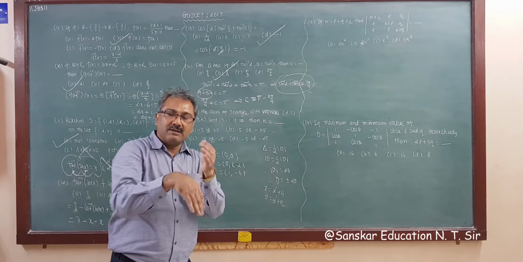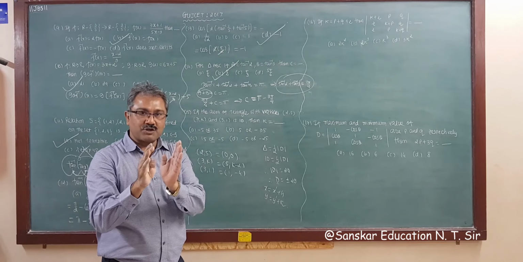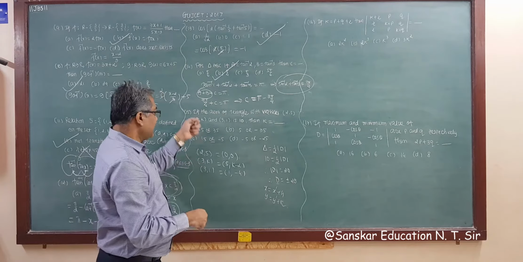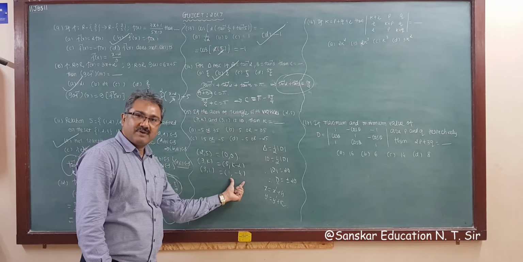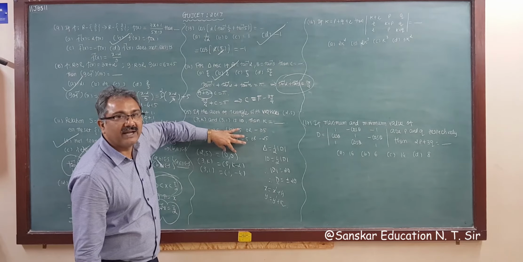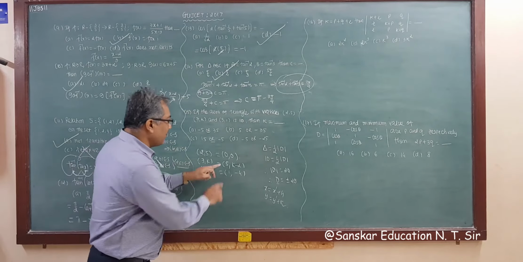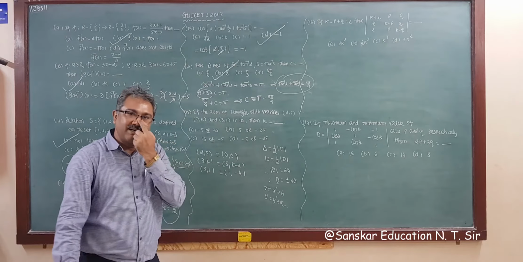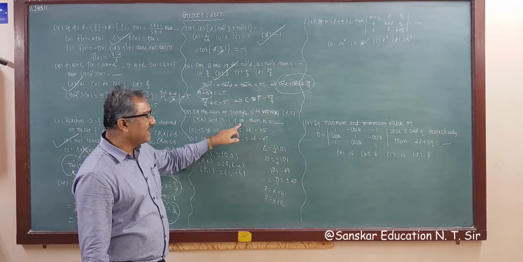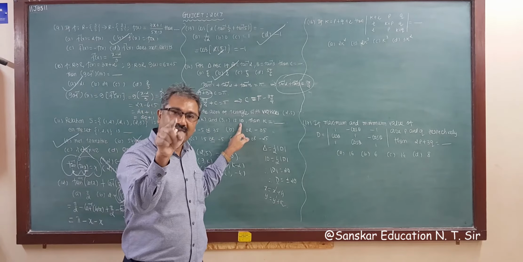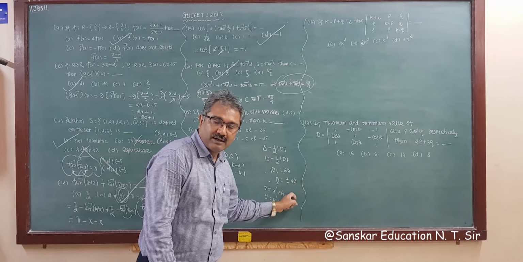Now I am giving you a new shortcut method. What to do? First of all, shift the origin to any point and write down the new coordinates. So one vertex of the triangle is 0. Now if one vertex of the triangle is the origin, then you have to expand only this 2 by 2 matrix determinant, right? And always multiply the given area by 2, that is your D. So D is equal to plus or minus 20.